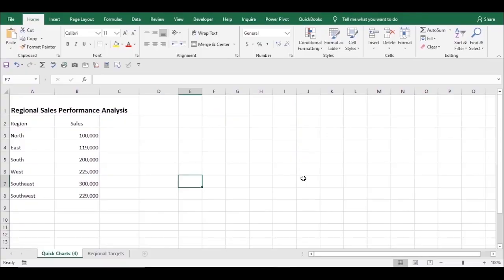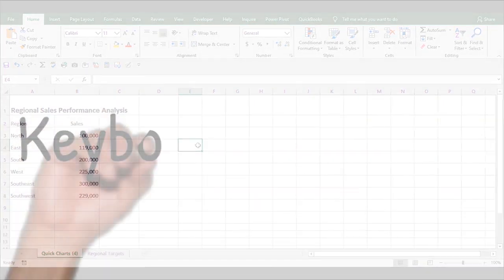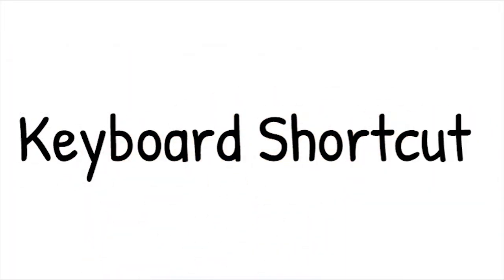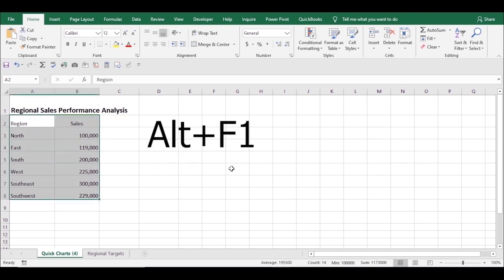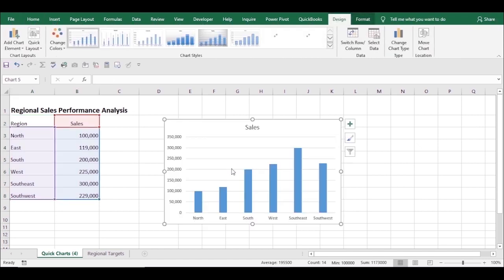In this example, we're going to analyze last month's regional sales. So how can we develop a quick graph? This is the way. Carefully monitor how we can get a graph within a very short time. First you select the data which is relevant to the graph. Then you press Alt F1 as the shortcut key. It will immediately give you a graph where you need to do a few adjustments to make it presentable.